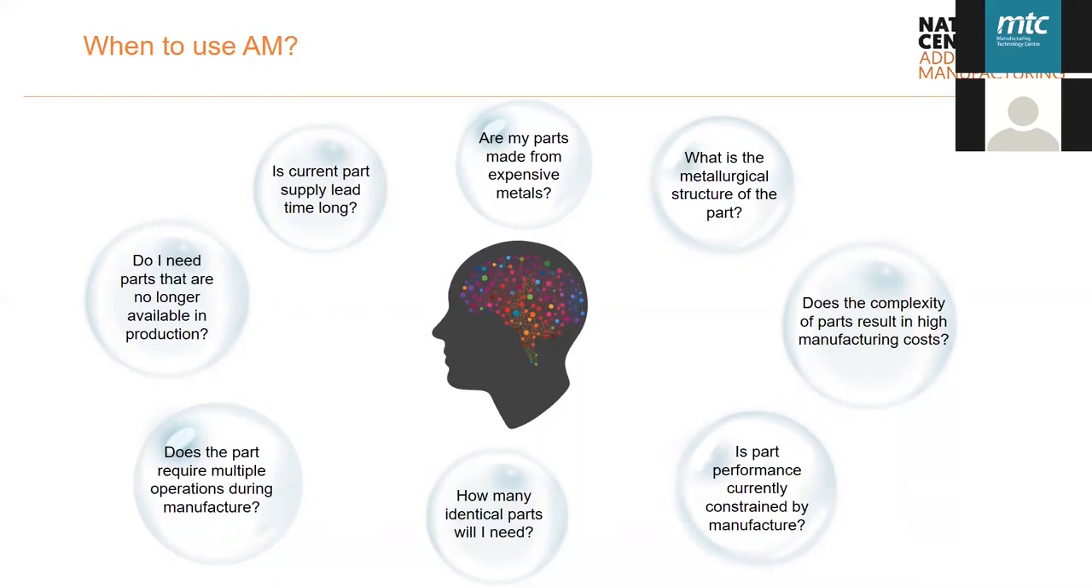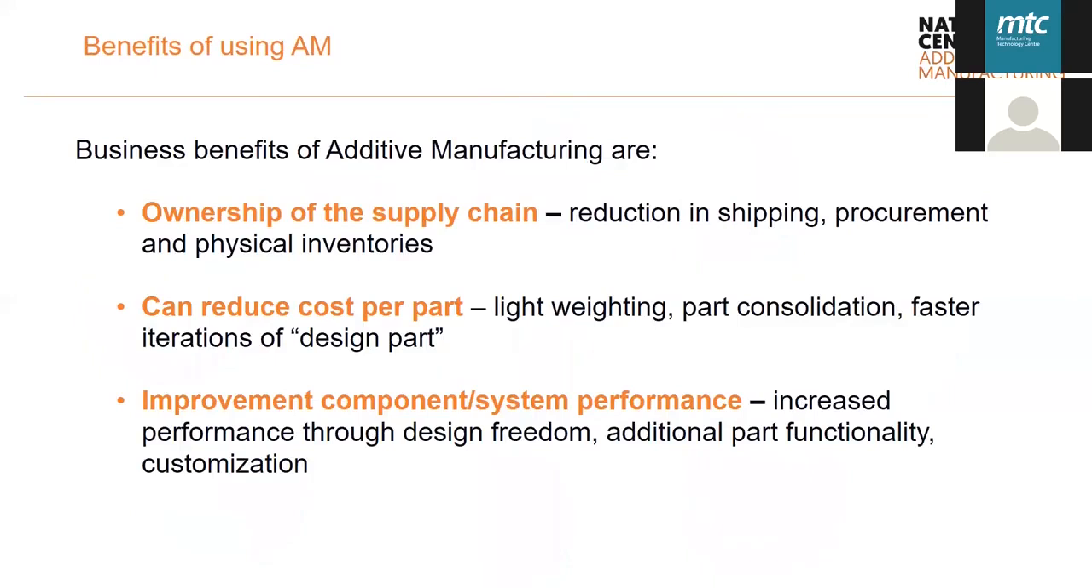So we're going to go on to the business benefits of additive manufacturing. The benefits can be drawn down to 3 main areas. One is ownership of the supply chain. Using AM, you can drastically reduce the amount of shipping, because you can manufacture a component a lot closer to the use case. Also, you can manufacture when you require a component. This means that your procurement and physical inventories of these components are drastically reduced, because you only need to manufacture when you need